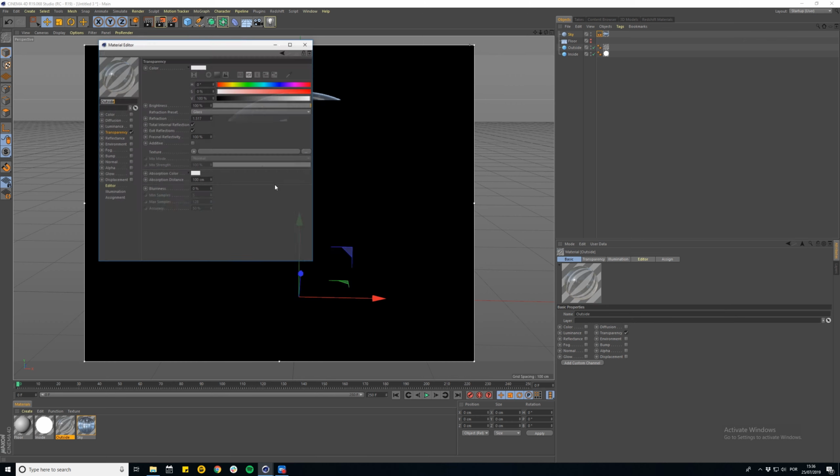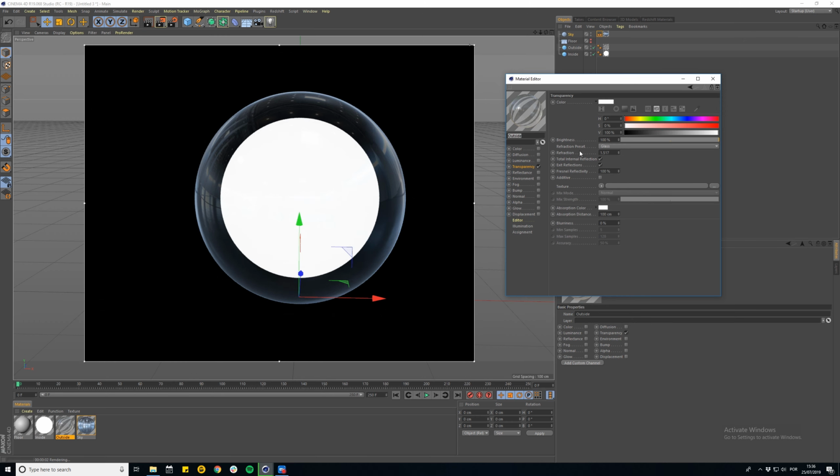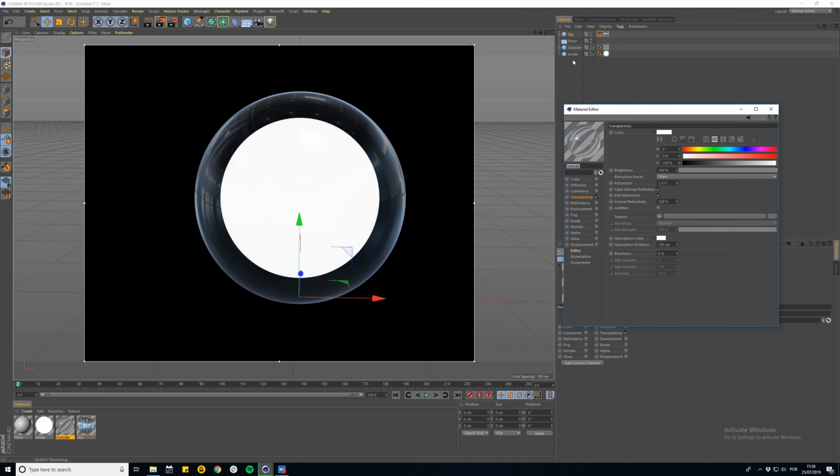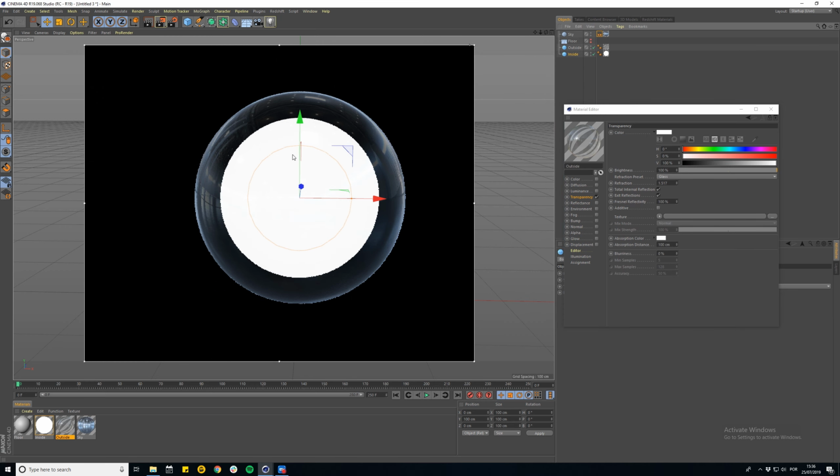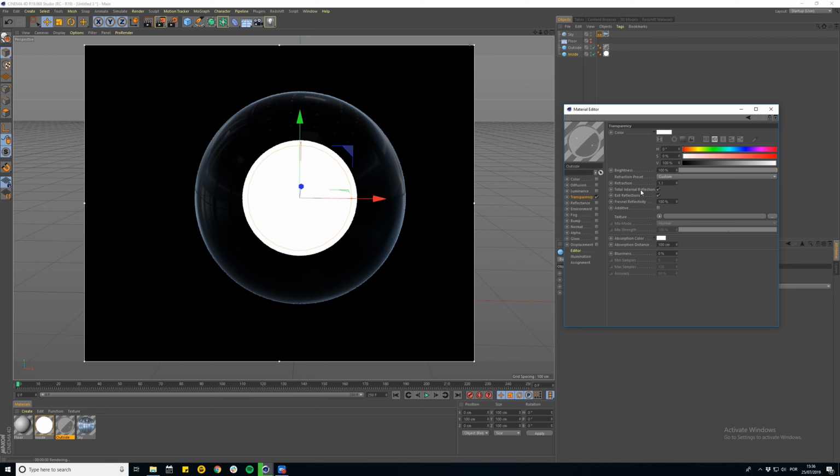Now I think this refraction value is way too high for what I want, and you can see if we select the inside sphere, this is the actual size of the sphere, but the distortion is so high that it's making the sphere look like it's this big. So I'll bring this value down to 1.1, and I think it's okay like this. Also, when you bring the refraction value down, we also have less reflection on the sphere,